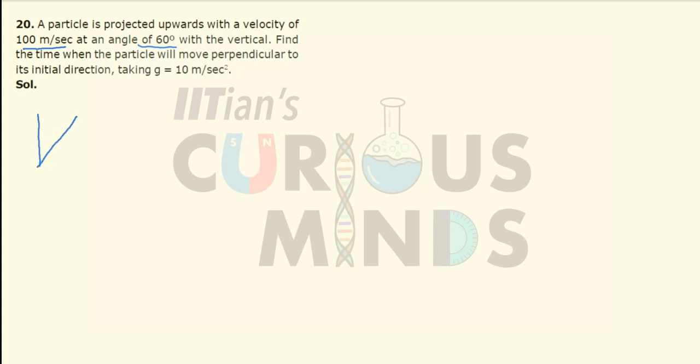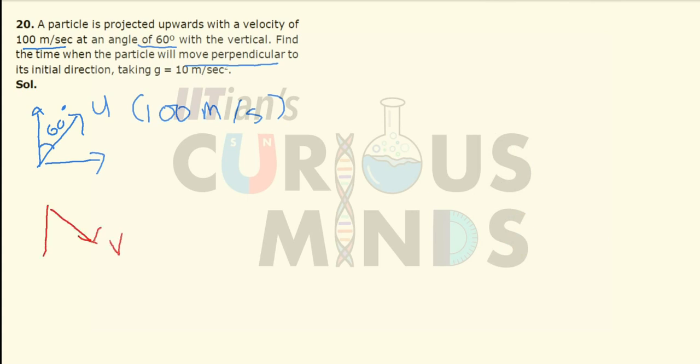Now suppose a particle is projected, suppose this is the initial velocity, which makes an angle 60 degree with the vertical. The initial velocity is 100 meter per second. We have to find the time after which the velocity of the particle will be perpendicular to the initial direction. So after a certain time the velocity of the particle will be perpendicular to this path, in this direction, making an angle 30 degree